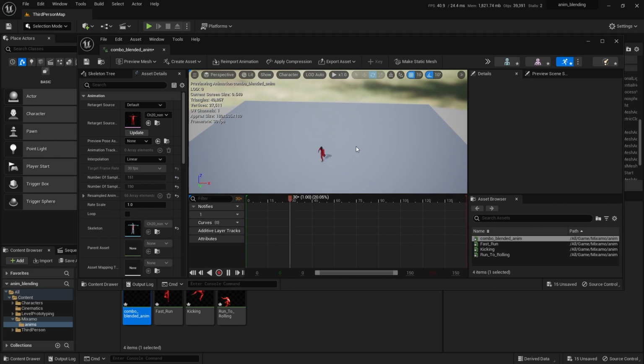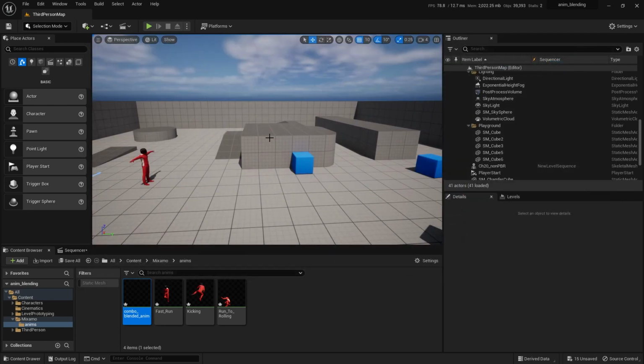And again, you can go back and tweak the original if you need and output another blended, and you can keep playing with that and finessing it as much as you need. But that in general is how you can combine animations. Now I'm using Mixamo, but you can use this concept with any animation cycles that you have. I just like Mixamo because it's quick and easy to grab characters with animation to show you these things.